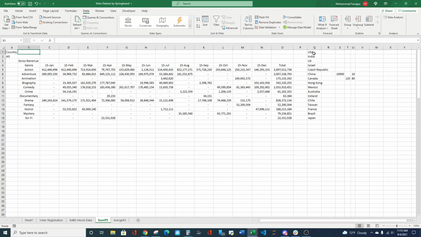So first you have to put in all the names that you want in your list somewhere on your spreadsheet, and then come into the cell where you want your list to reside, and then click on it and then go up to Data, Data Validation,